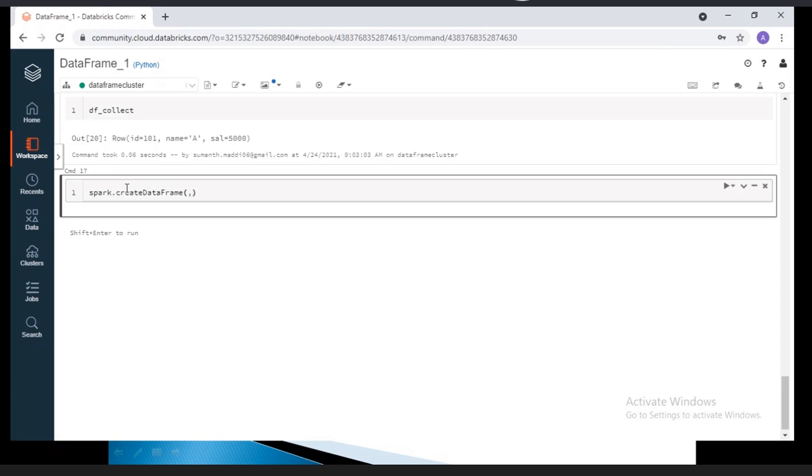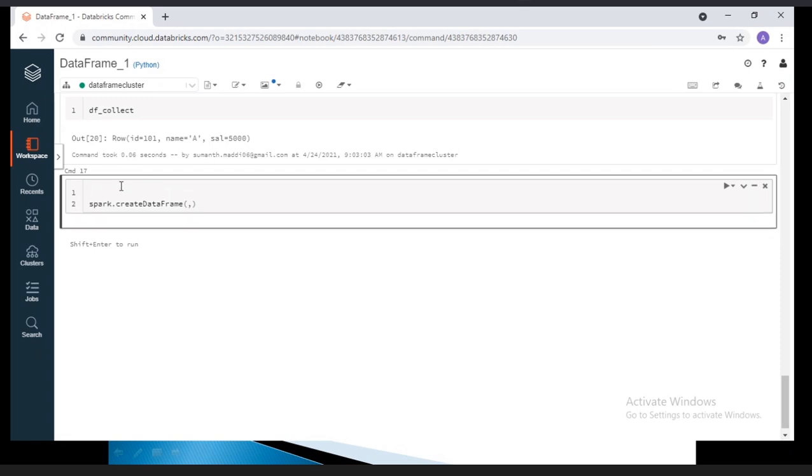My data is not available in a text file. I want to create my own data, right? My data is available in the list collections. Now your data is available in the list, then I will take the list, L. Next, your schema information.